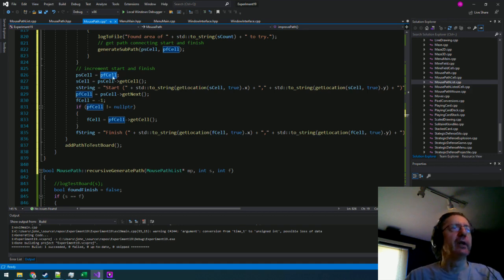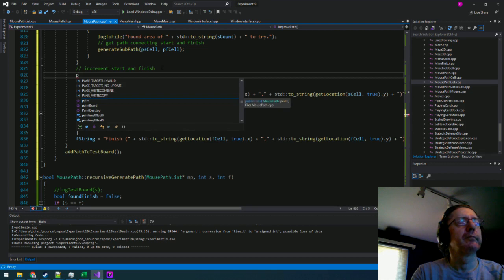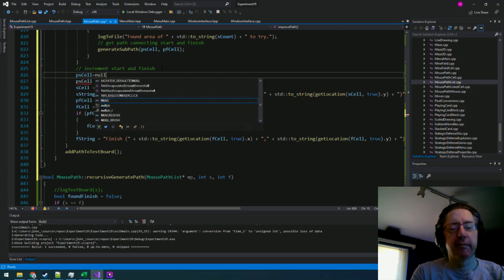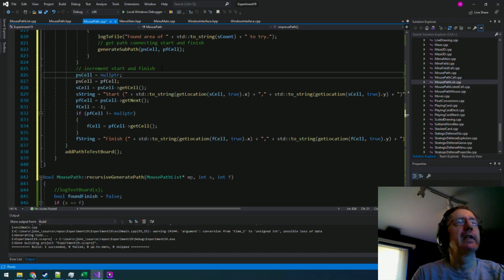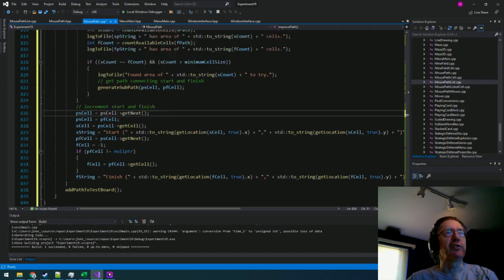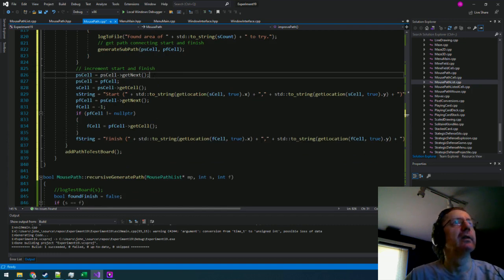I should be able to, at this point, just set it to PS get next. I want to do this. No, I don't need to do that. I just need to set it to PS get next. So currently my cell should be something because it just went through here. Get next might be a null pointer, although it shouldn't be,